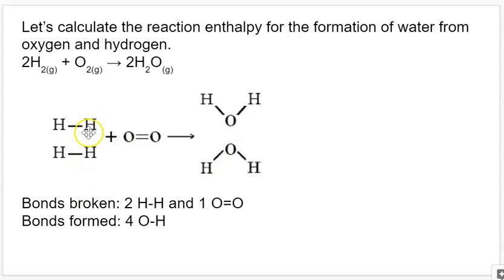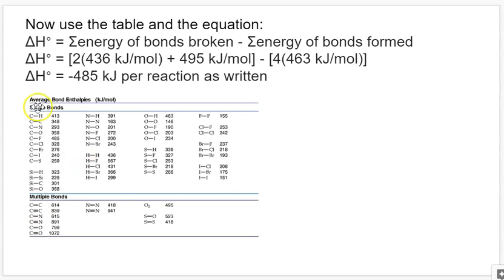So we have our two H2s, both with a single hydrogen-hydrogen bond. We have our O2 with a double OO bond. And then we have H2O, which has 4 OH bonds. So these are going to be the bonds broken, and these are going to be the new bonds formed. So we can refer to our table, and since we're doing the sum of the energy of the bonds